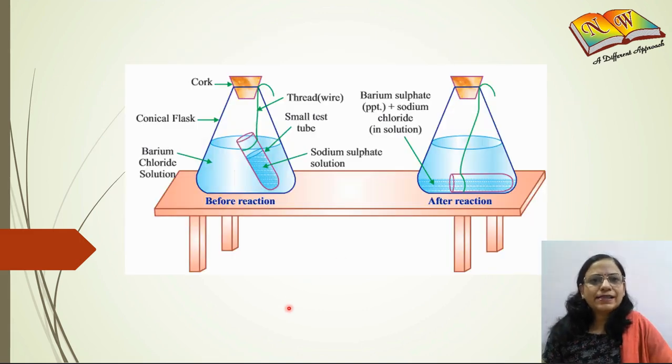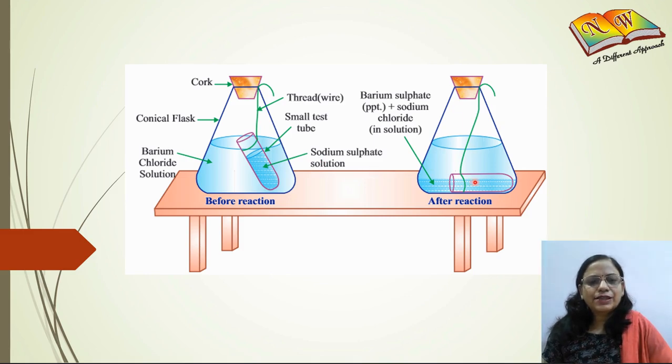So the apparatus is to be set up like this. In the conical flask, put a measured volume of barium chloride solution, and in the test tube, put some sodium sulfate solution and hang it with the help of a thread and a cork as shown in this image. Now we have to weigh the setup after completing it like this,